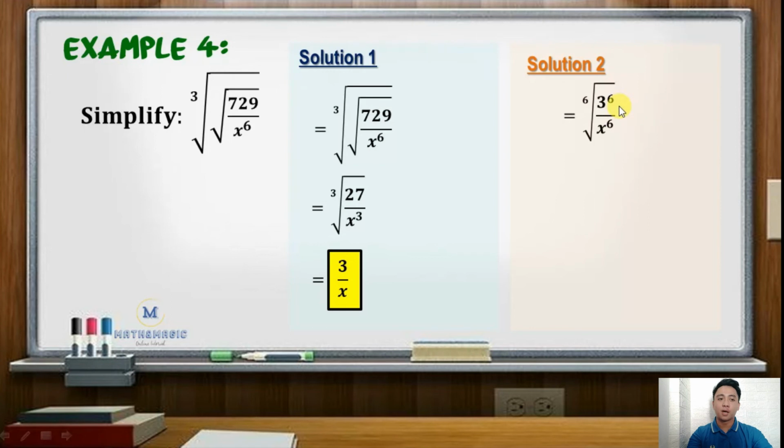Now we will perform the same operation as that of the earlier. We will count the number of 6, being the index, that we can get from each term's exponent in the radicand. For 3 raised to 6, 3 will be extracted, and for x raised to 6, x will be moved outside the radical sign. Hence, 3 over x is the